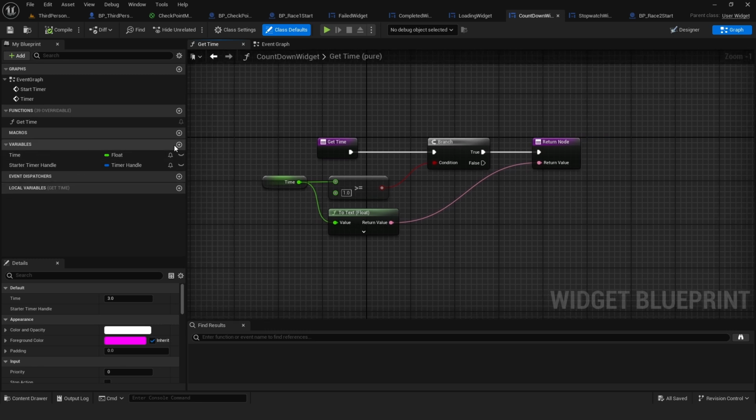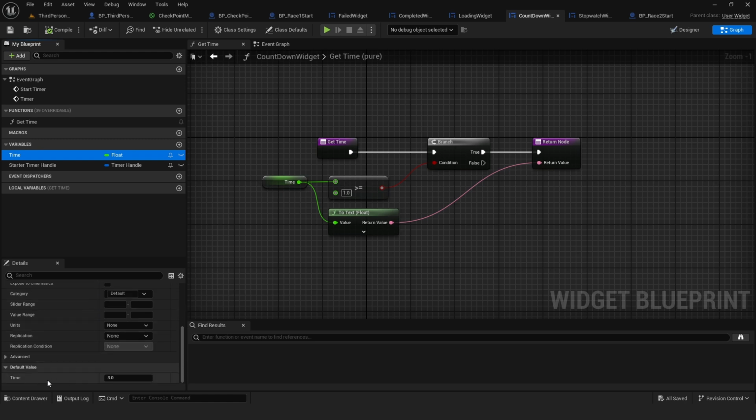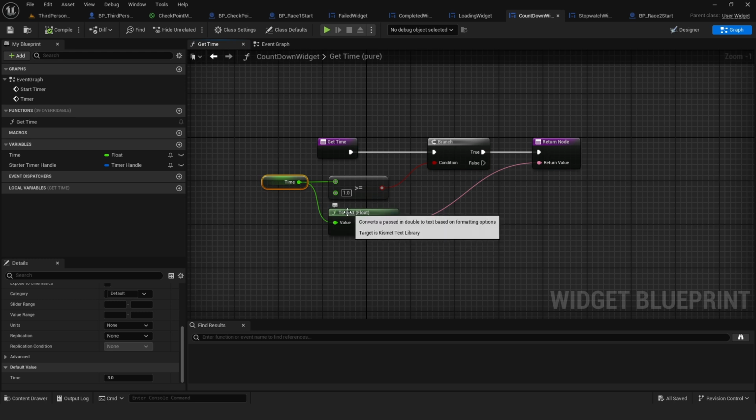We will create a variable named time with a default value of 3, because the countdown will start from 3. And we'll do a branch. If time is equal or greater than 1, then we want to print it. And we have to turn the time into a text to be able to display it. Once in the event graph,